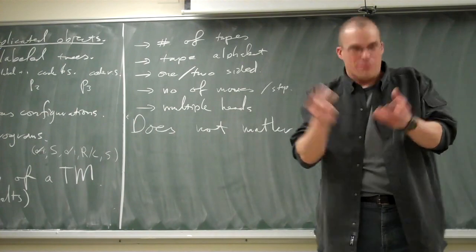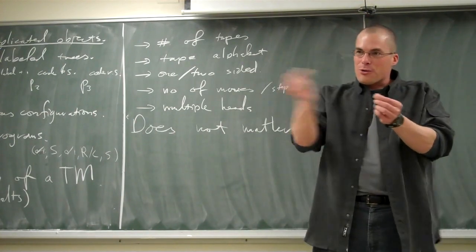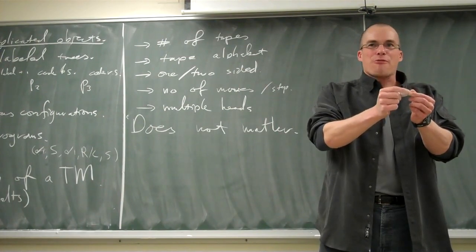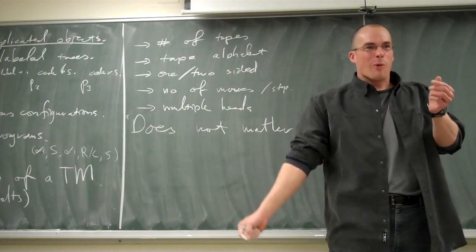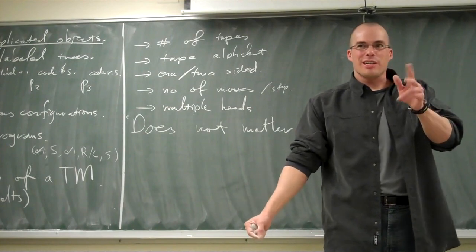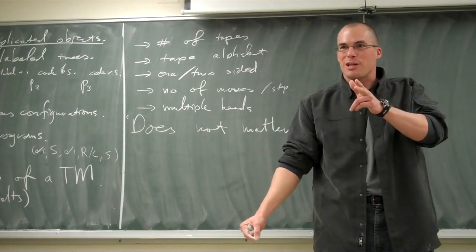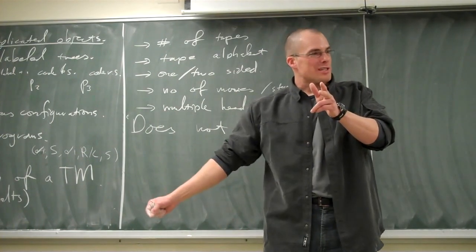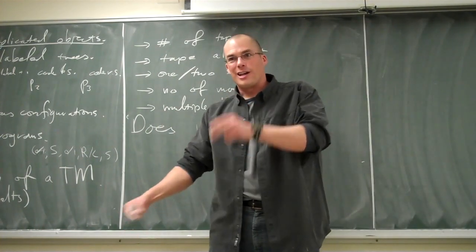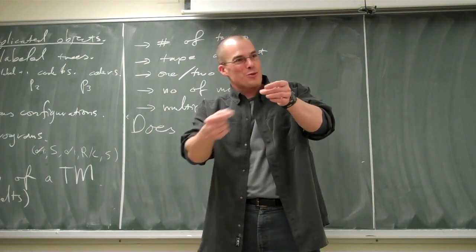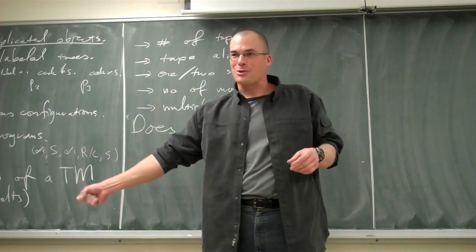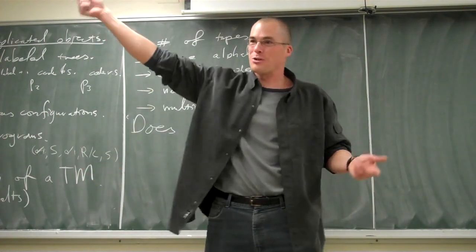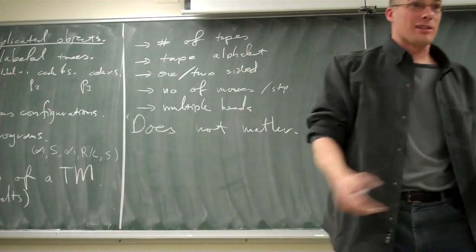Because one way to do it is to say, okay, you encounter this instruction, now instead of doing this instruction you go to a fresh new state, state 1, and if you're in state 1 reading either symbol, you move left one step and you go to state 2, and if you're in state 2 reading any symbol, you go left one step and you go to state 3, and like you make a nice sequence of 481 fresh states. When you get to the end of it, you have moved left 481 steps and you go to where you were supposed to go in the original instruction. And so